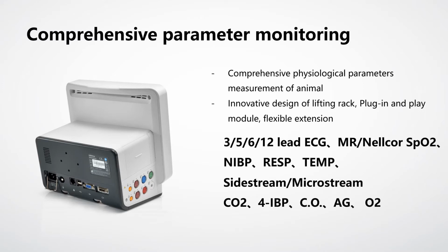Okay, next let's go to the excellent performance introduction of the ePM Tel MVAT. First, the ePM Tel MVAT can provide comprehensive parameter monitoring, as we can see from the list here. Except for the basic parameters, I mean ECG, SpO2, NIBP, respiration, and temperature, it can also provide CO2 monitoring, including side stream, micro stream, and main stream, and can support up to 4 IBP channels, which means, as we can see from the picture here,